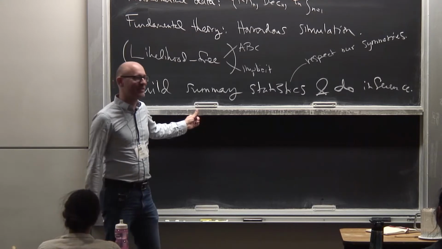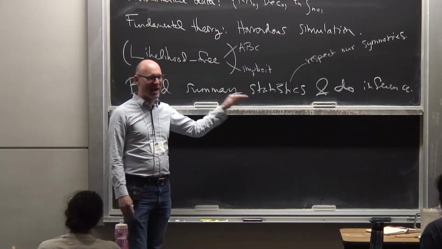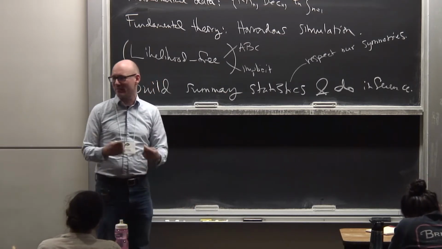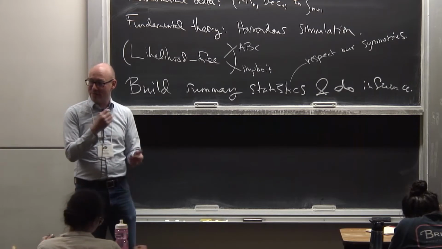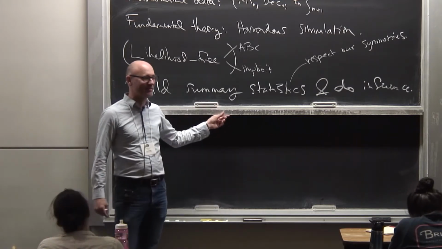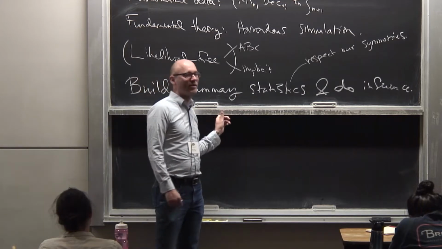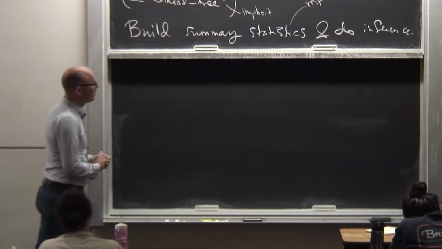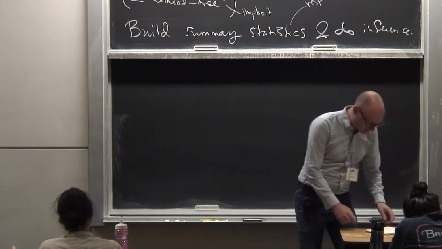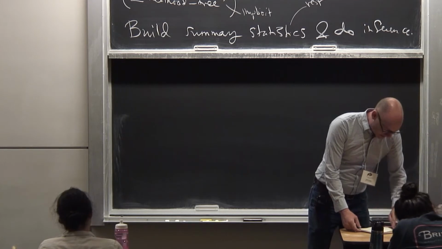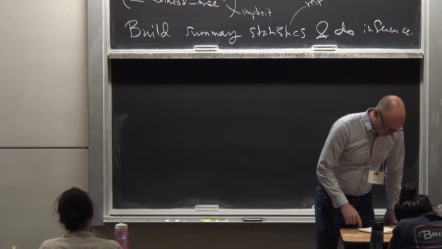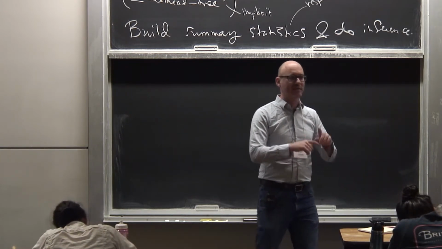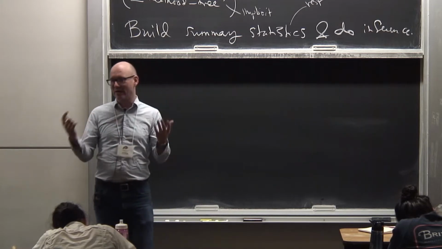Actually, one of the interesting things about this is that in order to build these summary statistics, you have to make additional assumptions. I keep focusing on assumptions, but it's really important: you never know everything you would like to know in order to make these summary statistics. Okay, good. So let me just say a few words about how we construct those summary statistics, and then I'm going to come back to how we turn that into a likelihood function, which we are then going to do inference with.